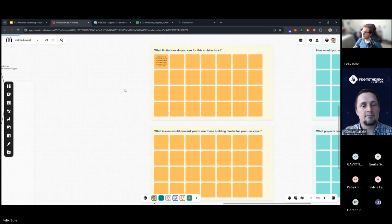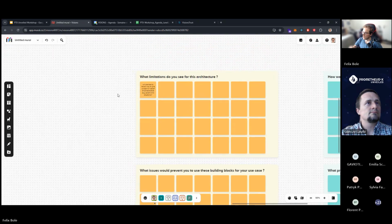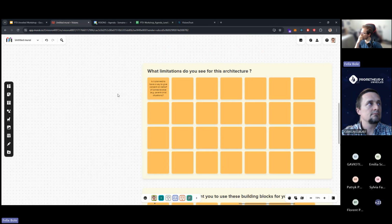Is it planned to have a way to give consent on behalf of someone else? These are questions that I think are less technical than legal, and these are questions that have been asked and that we are also asking ourselves. I do not personally have the legal expertise to answer this question. I know this is something that we're looking into and that we, in the end, want to enable in a